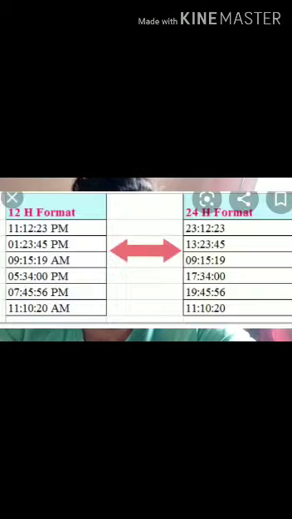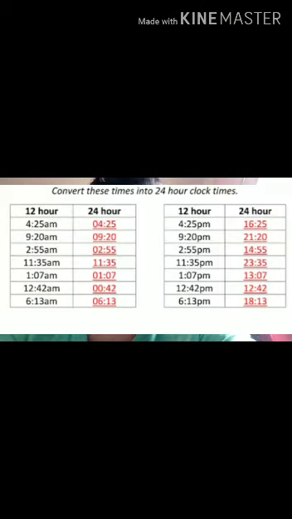Today in class 6 physics we will start with the clock system. We all know that two clock systems are there. One is called the 12-hour clock, another is called the 24-hour clock. So 12-hour clock means actually, in this system,